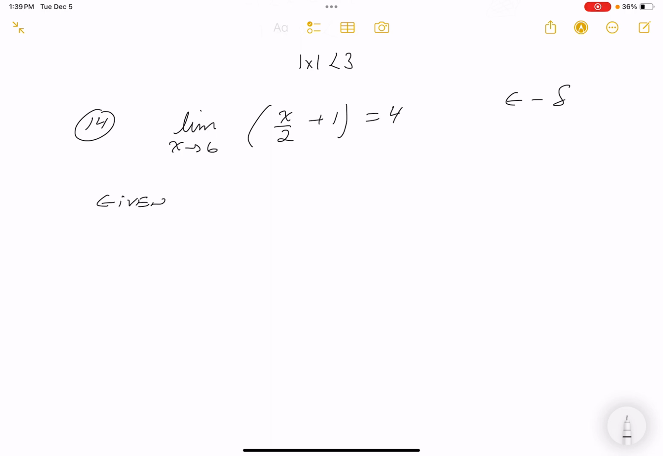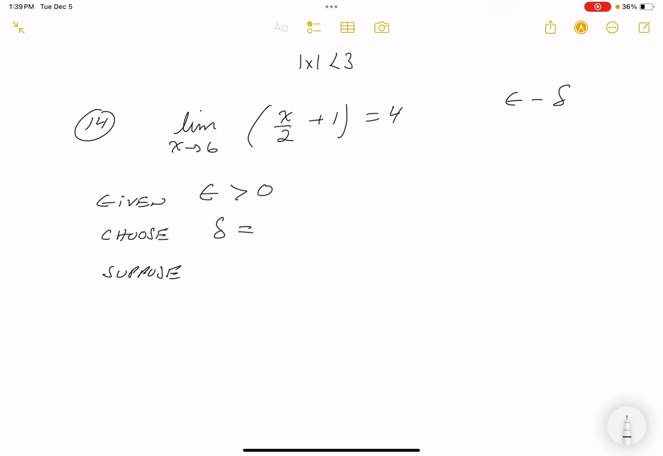What are we given? We're given an epsilon that's greater than 0. We want to choose a delta. And again, this is the tough part for me. What's the delta? I don't know that by looking at it. I imagine some people can do this in their head. I can't. Suppose